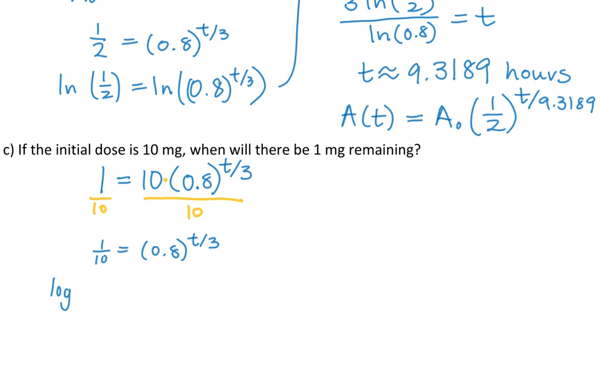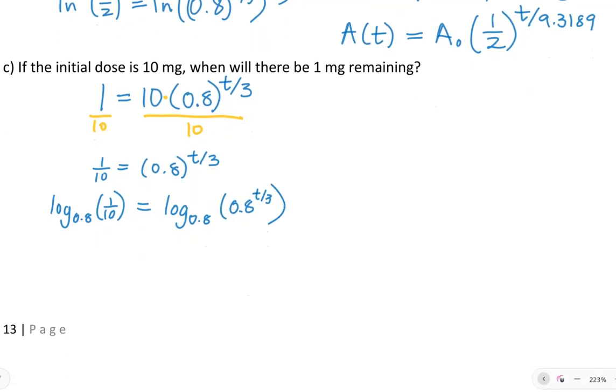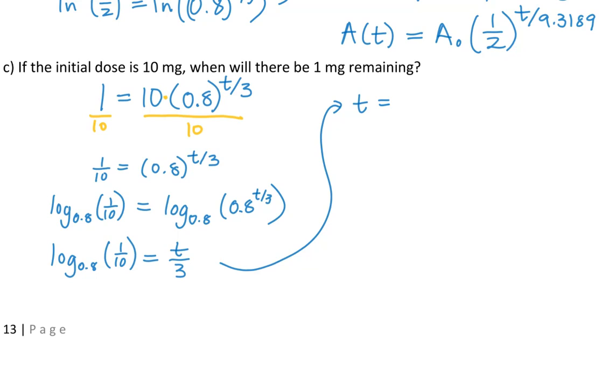So I will use the log base 0.8, and that is 1/10 still. And the log base 0.8 of 0.8 to the t over 3. On the left-hand side, I can't really cancel anything, so I'll just keep that as is. On the right-hand side, the log base 0.8 and the exponential base 0.8 cancel, and I'm just left with the t over 3. And then my last step will just be to multiply by 3, so I get t equals 3 times the log base 0.8 of 1/10,